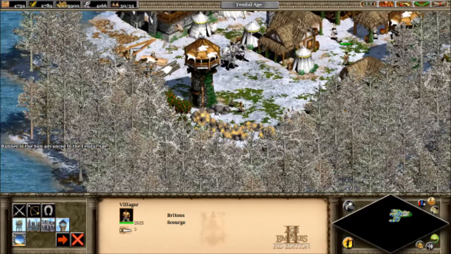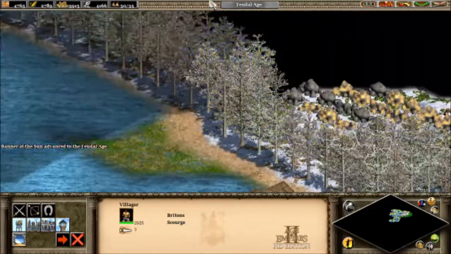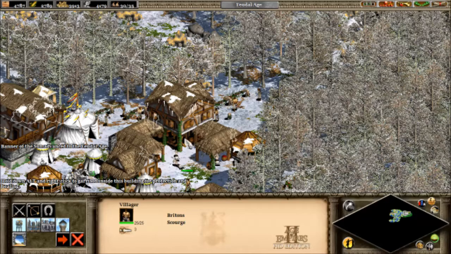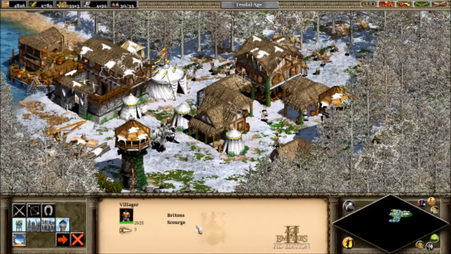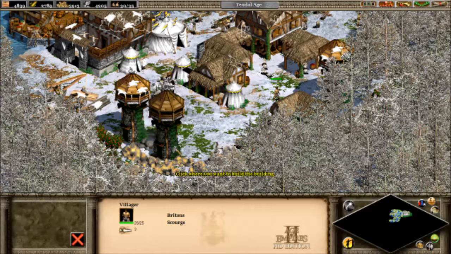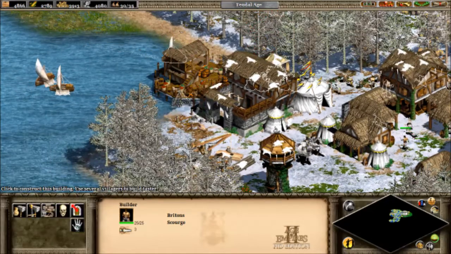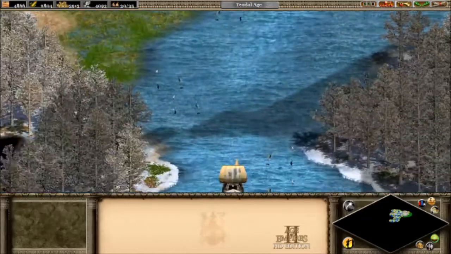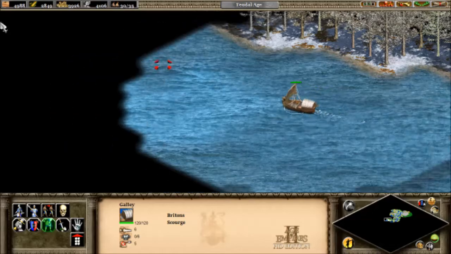I don't necessarily have a lot of room to do anything with, so for now, we are going to try to play it smart. You should be doing something, so let's make you build another thing there. That'd be good. I'm sending one of these galleys out to investigate